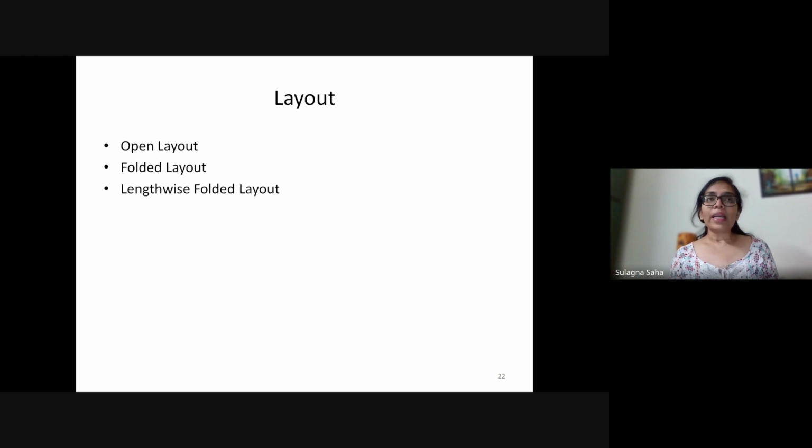Now, coming to layouts. What are layouts? Layouts is how you are cutting your fabrics. So you remember yesterday when we were making patterns, I was talking that you can have cut two. For example, if I'm making a shirt, the front would be cut two. There would be two parts to the front, and the back would be one continuous. Yes, we spoke about it. Yes, ma'am. But we are making half a pattern, right?